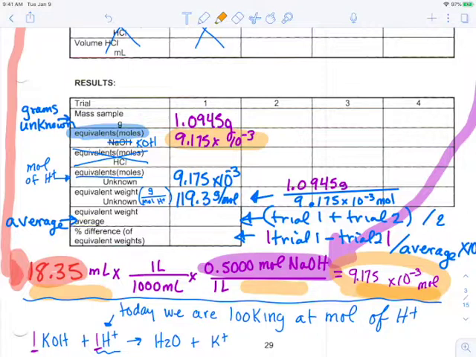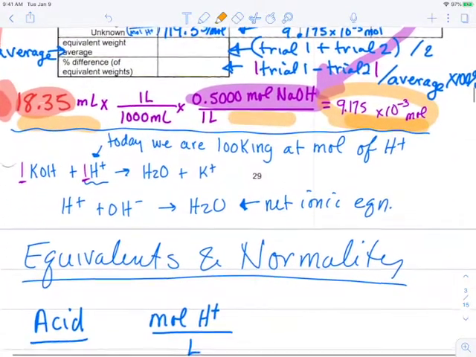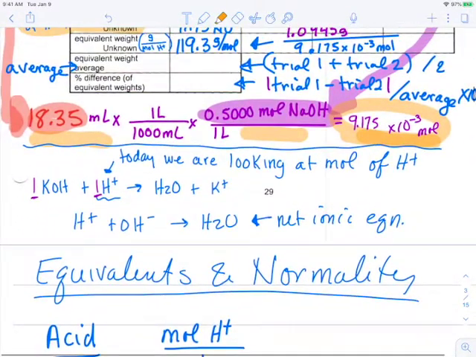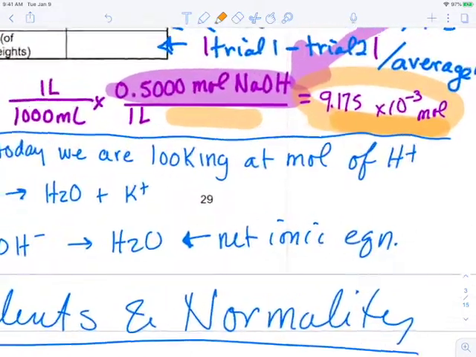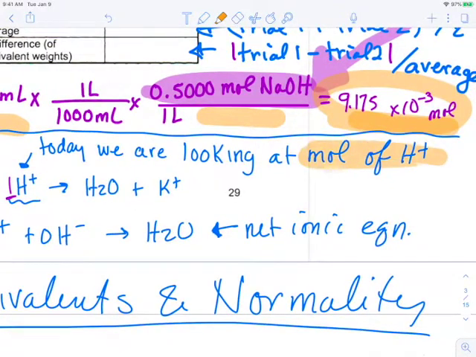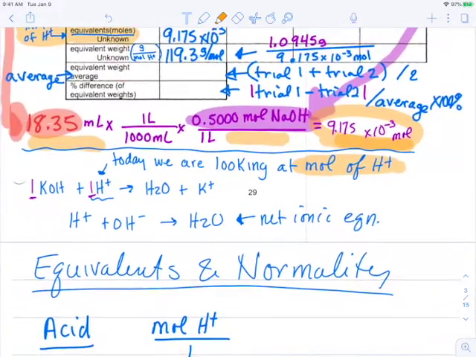All right, so the next one, and this is probably one of the more tricky ones, is the equivalent or moles of the unknown. What we're looking for is moles of H+. So when we're dealing with equivalence, this is very similar to dealing with normality. So today we're looking at moles of H+. So we're just trying to figure out how many moles of H+ are in your acid. And the way we set up this equation